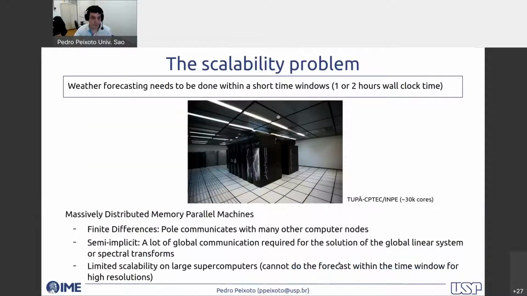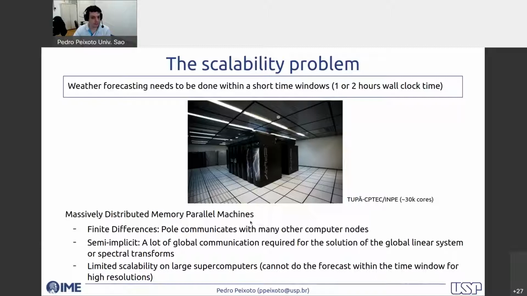What's happening is, okay, we want to go higher and higher resolution, but then we need to run this in a really short time window. We need to run a weather forecasting simulation in 1 or 2 hours at most for a week forecast, right? And then the issue is, this is a little already old operational from our Brazilian operational center, our cluster from our operational center. It's already quite old. But then if you want to run it on a larger machine than this, particularly on a massively distributed memory